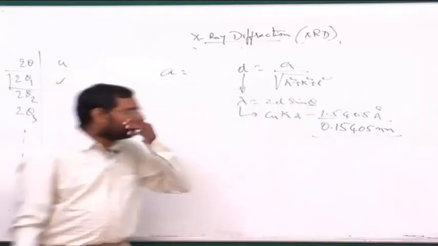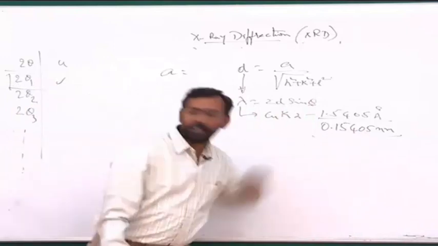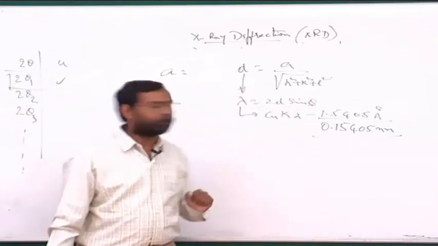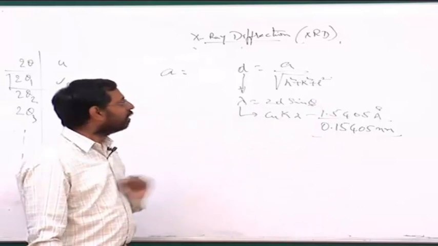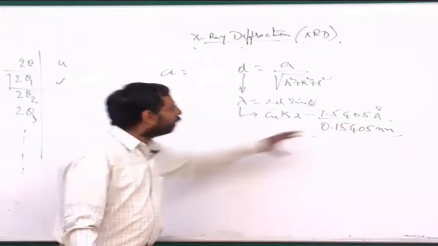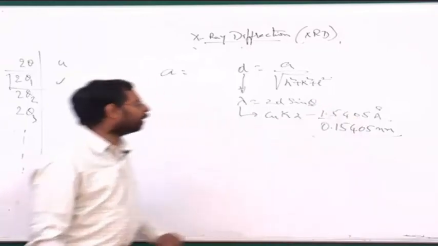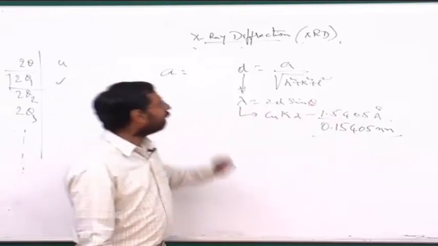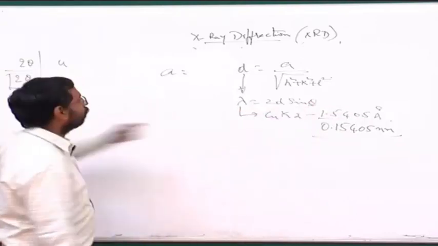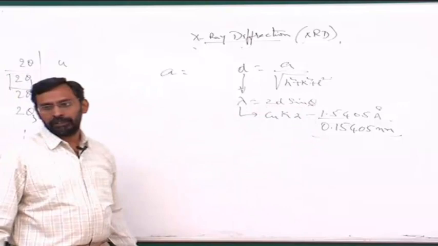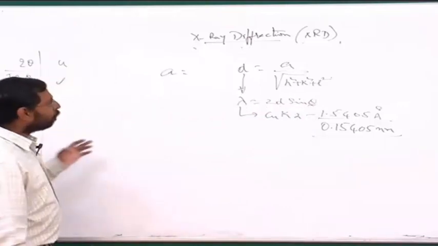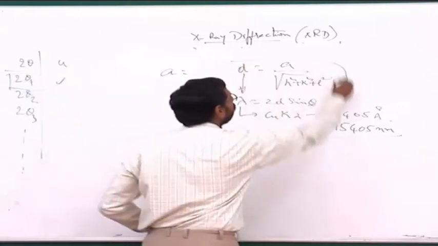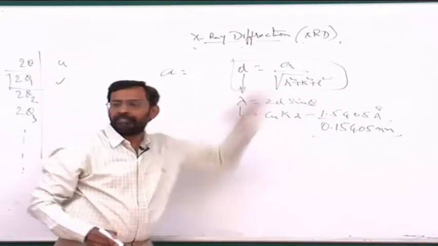They simply show the lambda in the form of nanometers rather than showing it in angstroms, because angstrom is not the SI unit. So you should in principle use this notation rather than that notation. And once you have the lambda and once you know the theta for the first peak, you can find out the D. But you know that in principle I can use this equation for every HKL.